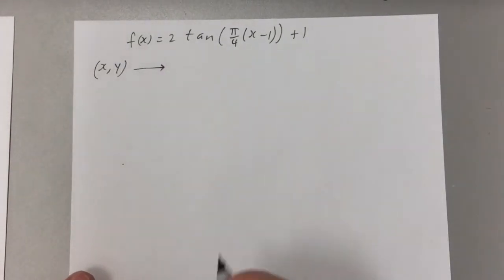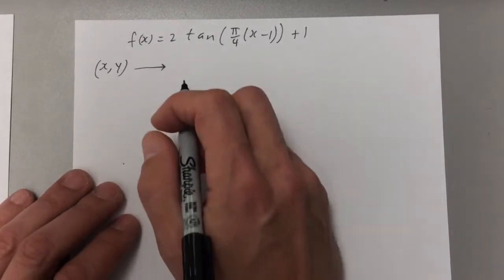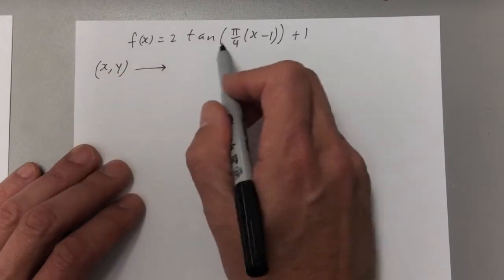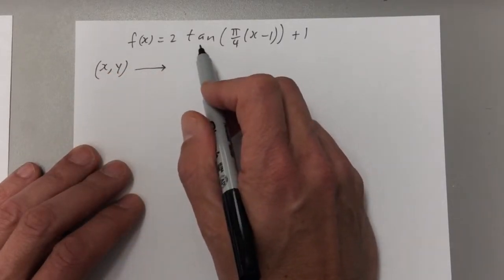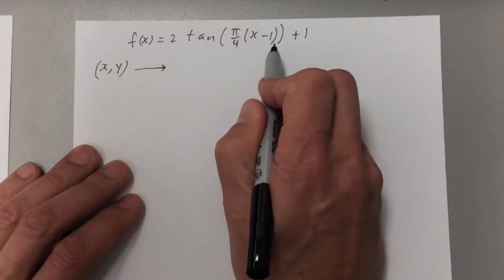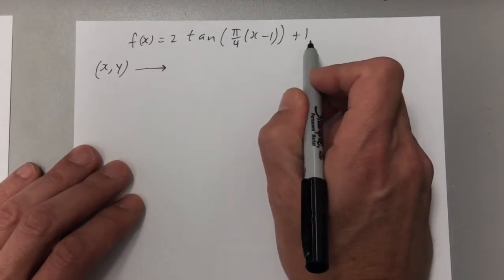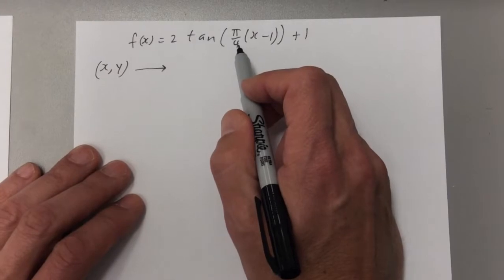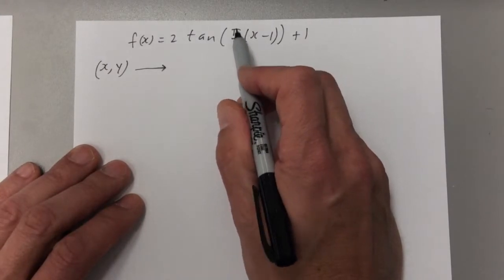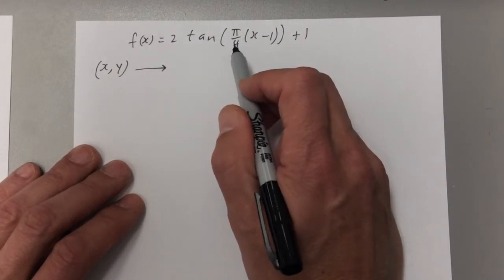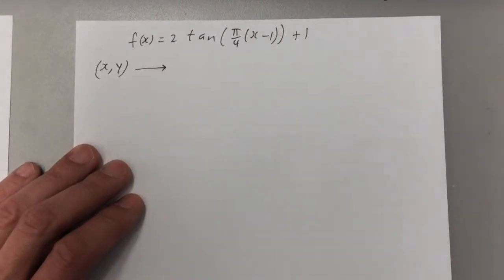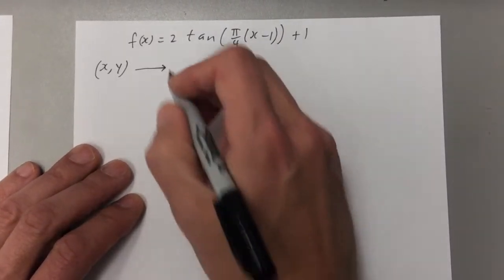Okay, another example that I have here for transformations is a transformation of the tan function. For this one here, we've got 2 tan(pi over 4 x minus 1) plus 1. So it's been vertically stretched by 2, horizontally stretched by 1 over pi over 4, which is 4 over pi, translated to the right 1, and so we've got to put this all into a pointwise formula,